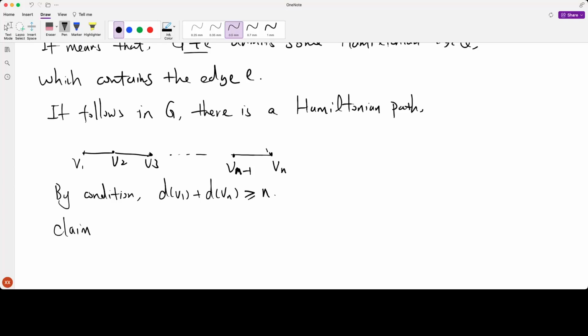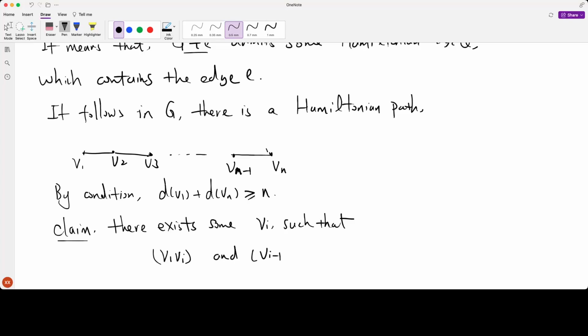We can prove that there exists some vi such that v1 vi and vi minus 1 vn are both edges,